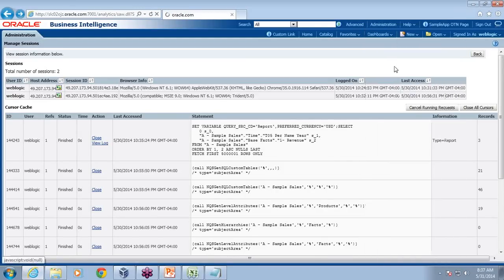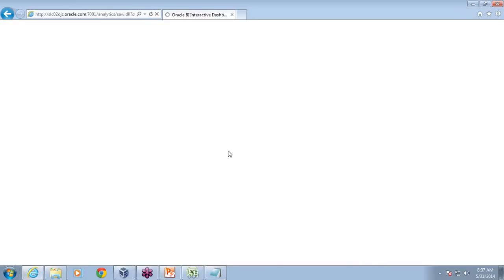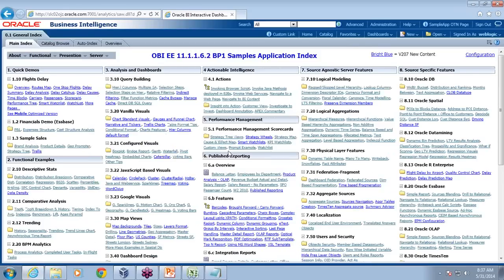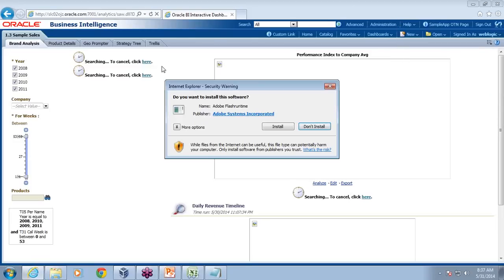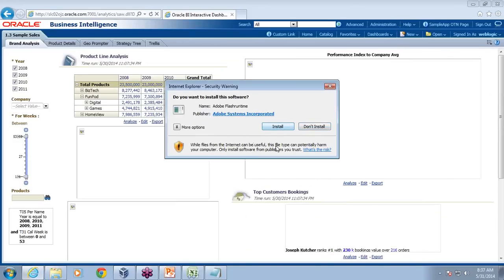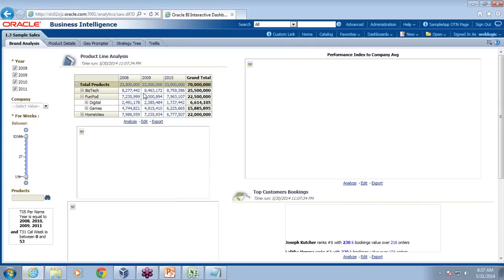For example, I'll show you a couple of dashboards. A dashboard is an interface, like your car dashboard, where you see all the information of your car. The entire car can be operated from a common interface with your dashboard. It may be possible that the dashboard you see on your screen has Essbase server as the source behind it. So it's a processing engine. Essbase server is a processing engine which works behind all your analysis.